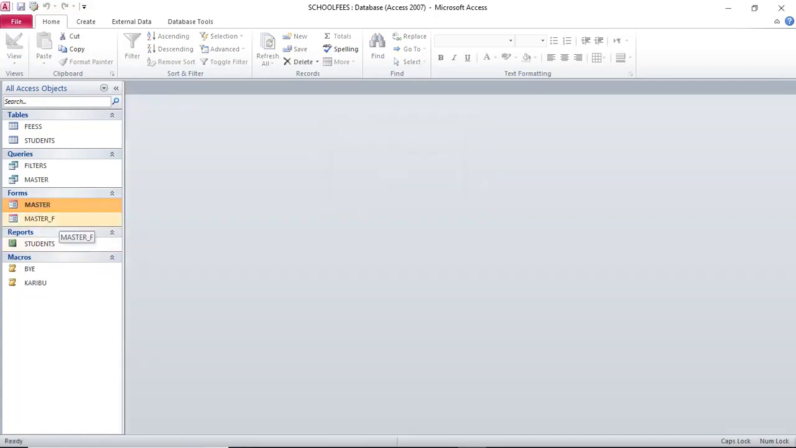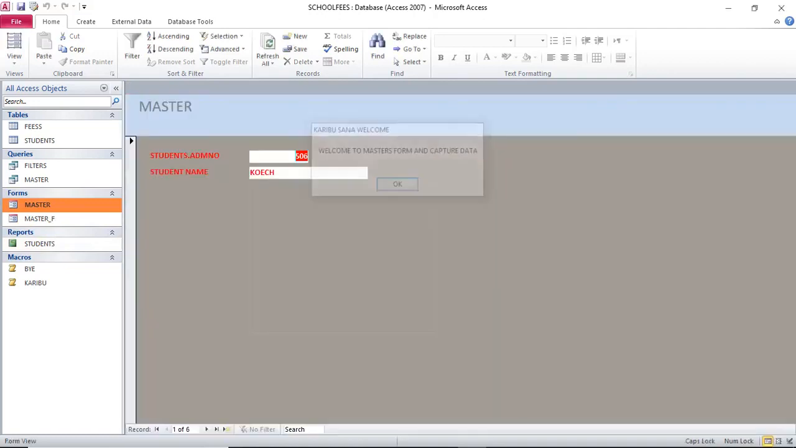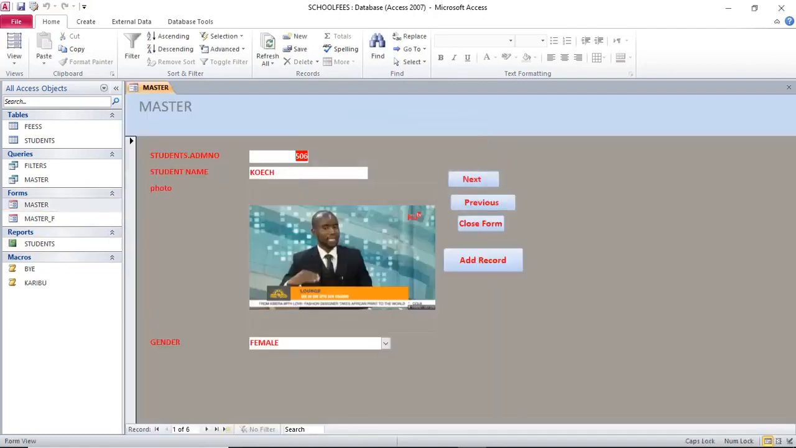Therefore, basically, that's how you use Microsoft Access, and that is a very good skill for a beginner to know Microsoft Access on how to create a table, how to